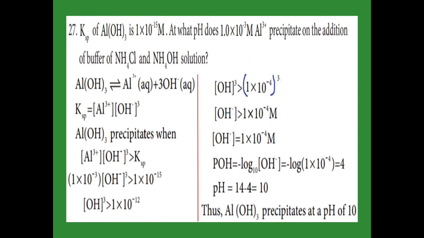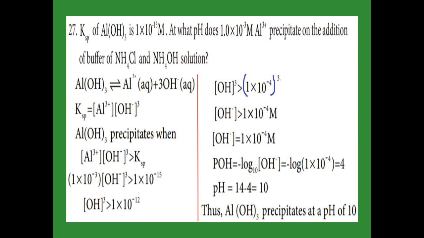In this problem, the solubility product of aluminum hydroxide is 1 × 10^-14, and the concentration of aluminum 3+ is 1 × 10^-3 molar. The question is, at what pH does aluminum 3+ precipitate on addition of a buffer solution of ammonium chloride and ammonium hydroxide? First of all, how does aluminum hydroxide split in water? Aluminum has valency 3 plus,